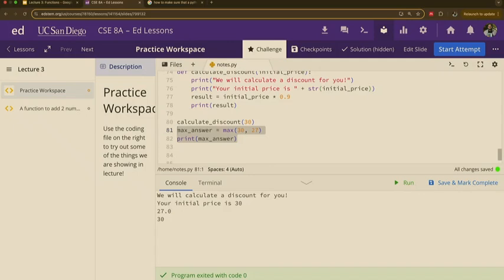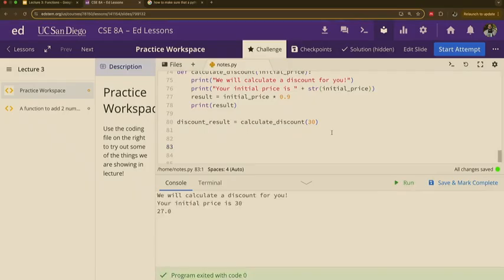Okay? Printing something is you telling the Python system, I want you to say something out loud, right? I want you to say the result, 27, okay? And it's going to say it out loud. That's all it's going to do, okay? It's not going to give you something. It's not going to give something back to you. It's just going to say 27, and it says it out loud in here into the console, right? What if we wanted to store that 27 in here? So discount result, right? We're trying to store something in there.